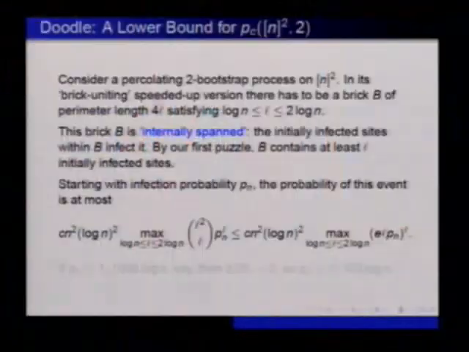Okay, how many cells do you need? According to our little puzzle, let's say that you have shown that if the perimeter length is 4L, then you need at least L infected cells at the beginning. The area is at most L squared. You have got a few ways of depositing it, something like constant n squared log n squared, and so on. So the whole probability